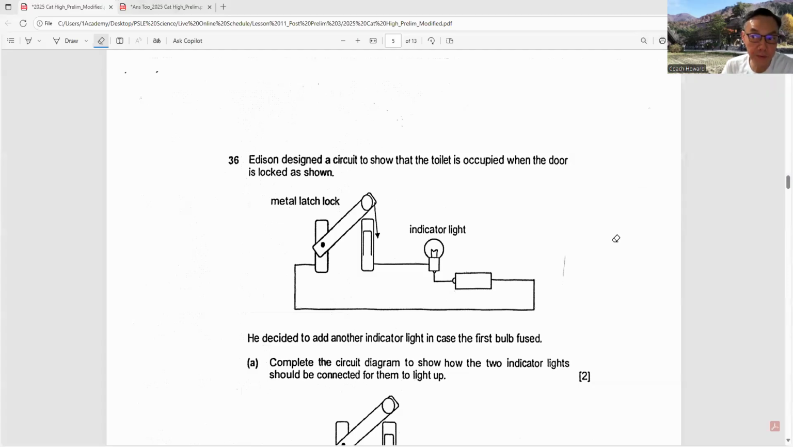Okay, this is a P5 electrical system question. It says that Edison designed a circuit to show that the toilet is occupied when the door is locked, as shown. Most of this can be seen in the shopping malls in Singapore, especially the handicapped toilet outside. When it closes the door, it will cause a closed circuit and it will light up